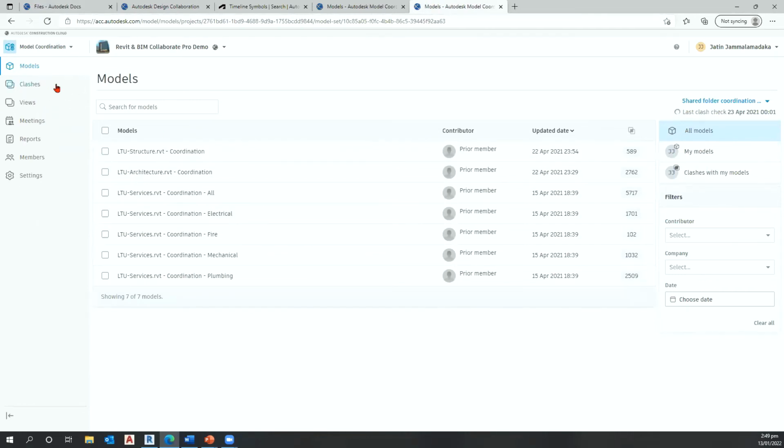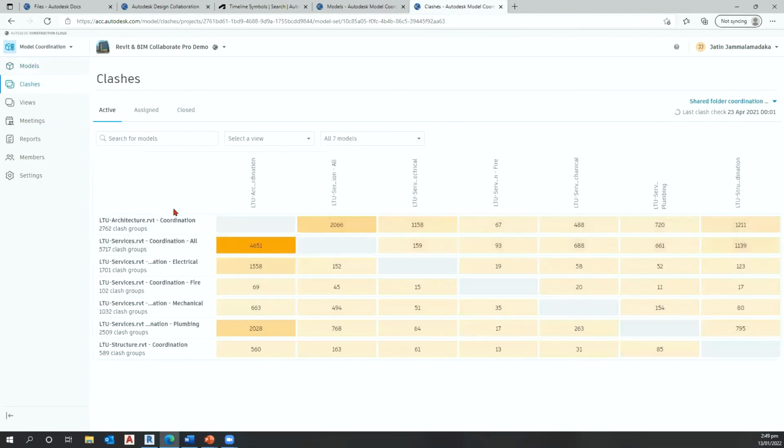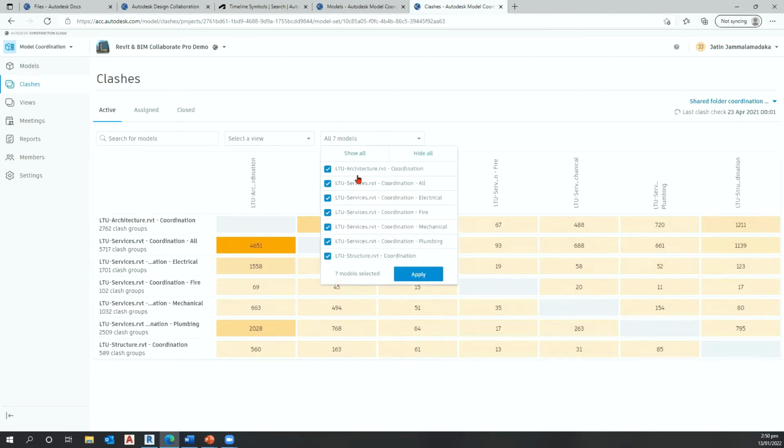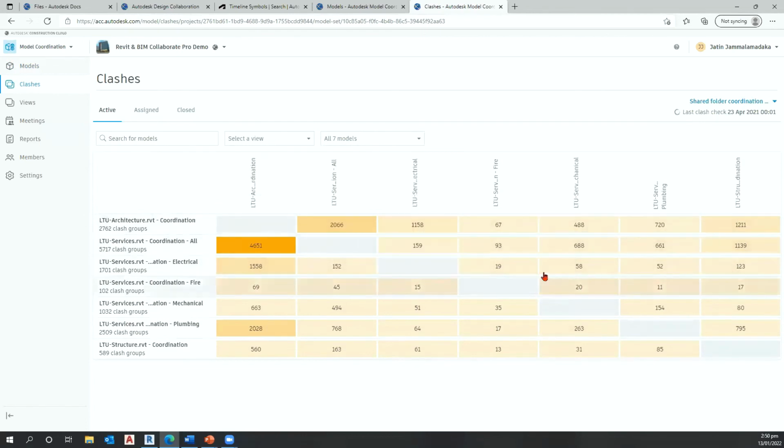So if I hit this little clashes button here, you can see all of the models are actually clash detecting on each other automatically in the cloud. And if there's any one in particular I want to do, I can search for a model. I can select a particular view. I can choose what model I want to see, or you can use this matrix. So for example, LTU services coordination compared to ARC. I can see a lot of issues here. So if I click on this,